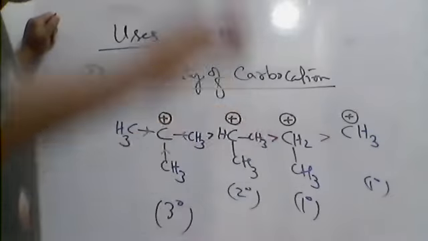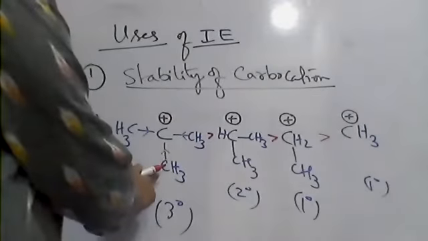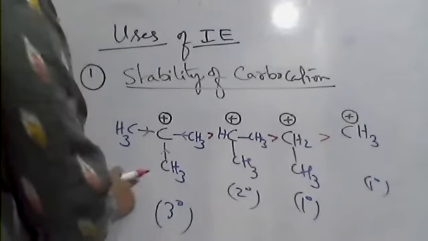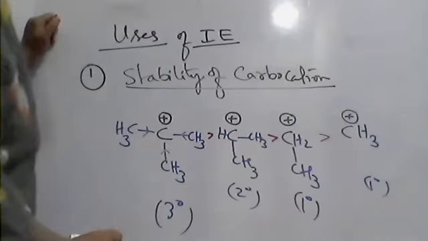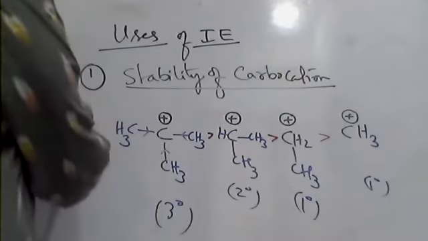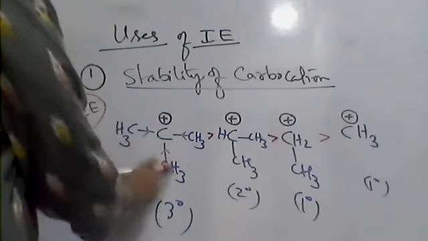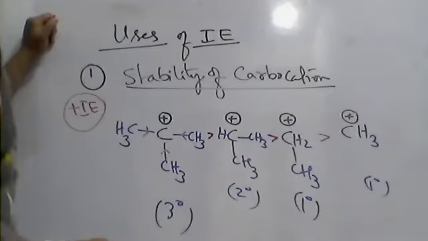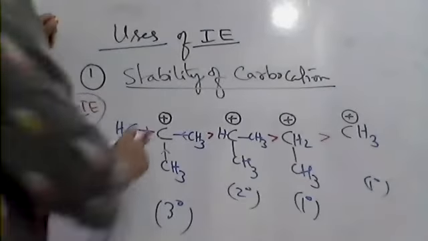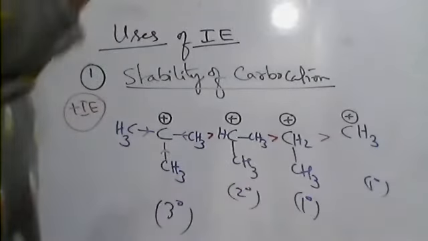As charge decreases, stability increases. So here three groups are there, 3 units of inductive effect. Since the alkyl groups are electron releasing groups, from methyl to carbon, electrons are donated. So here what is the group? It is a plus I group. If any plus I group is attached to the carbon, it gets electrons from the alkyl groups. Then charge intensity decreases. Charge satisfaction takes place.